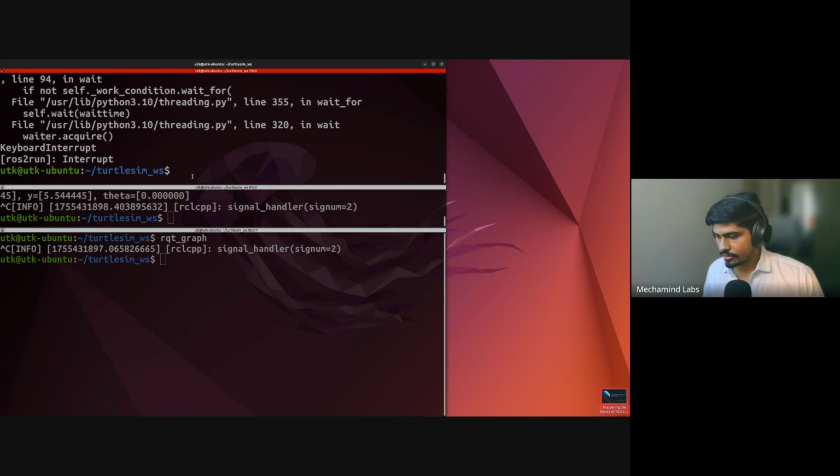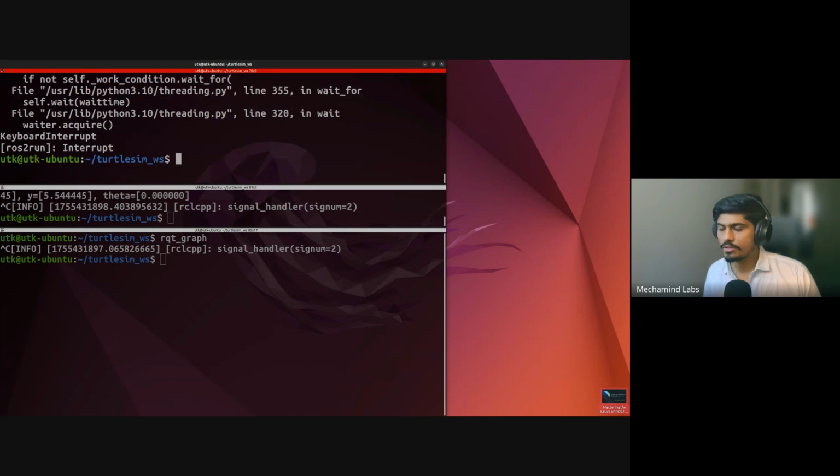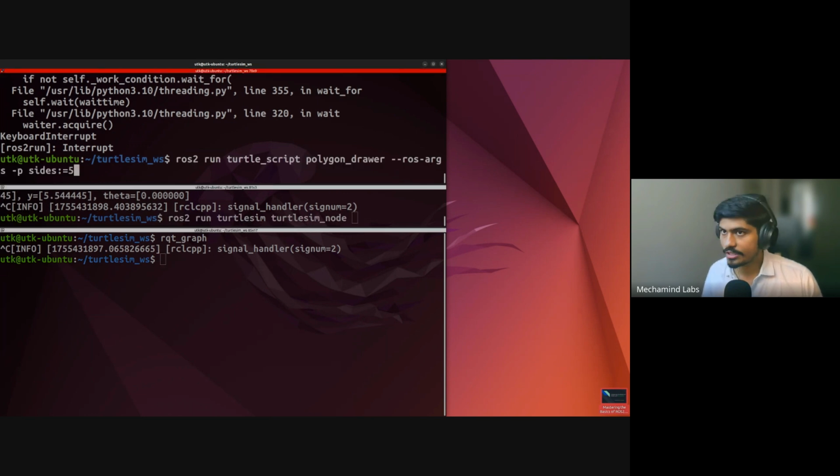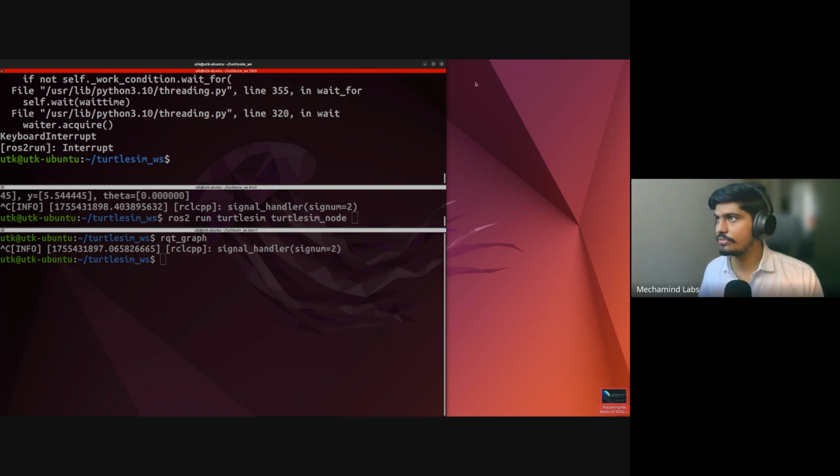Let's see. So right now the problem that we are facing is that every time I want to run this project, I have to run the turtle sim node separately, then I have to run the node which we have written separately. So to avoid this, what we do is we create a launch file. We just write one command and everything runs on its own. So to create the launch file, what we will do is we will again